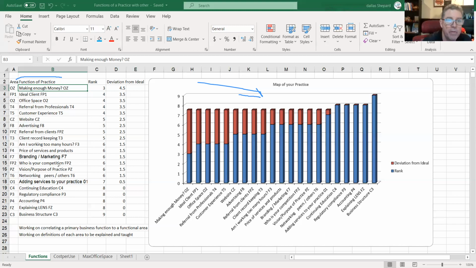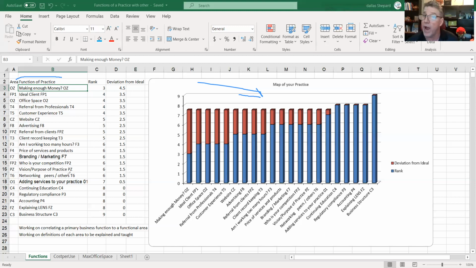What is your vision, purpose of your practice? John, you talked about putting a vision, purpose of your practice on your one page business plan. Have people done that? Have they not? I don't know. Networking with peers and others. Do you get involved in networking? Can you explain what you do when you go out to a networking event, what your lens practice is, or